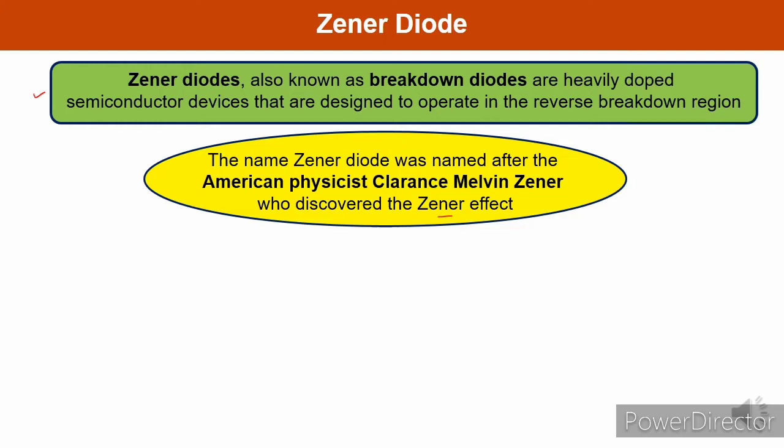The reverse breakdown of a PN junction may occur either due to the Zener effect or the avalanche effect, and the Zener effect dominates at reverse voltage less than 6 volt, while the avalanche effect dominates above 6 volt. For fabrication of Zener diode, silicon and germanium can be used, but silicon is preferred. Why is silicon preferred? There are two important factors. First is its higher temperature capability and second is the current capability. That is why silicon is always preferred over germanium.